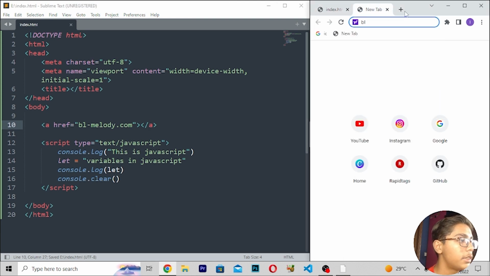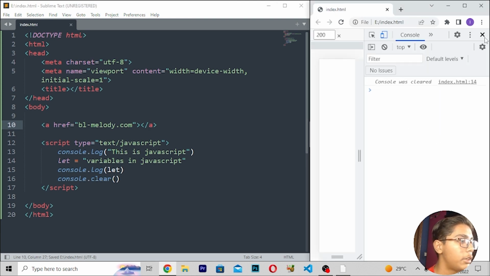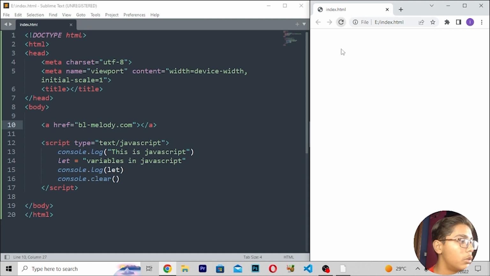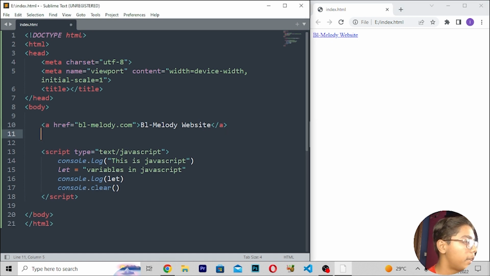Then when you save this, here I will be now reloading this, reload. So here you will be seeing that we are getting nothing. So here I'll be writing BL Melody like this, and here I will be writing website. Save, then reload, and you can see we are getting one link. It is saying this BL Melody website. So here now when you will be pressing, you will be redirecting to BL Melody, and our project will be created.